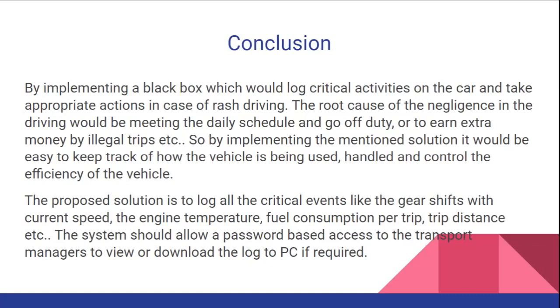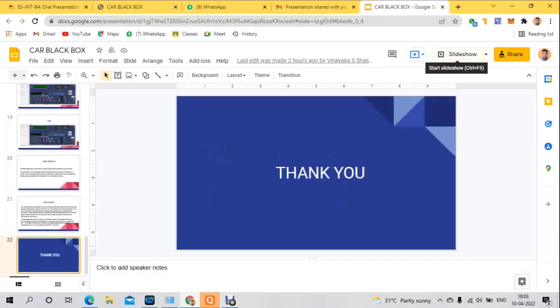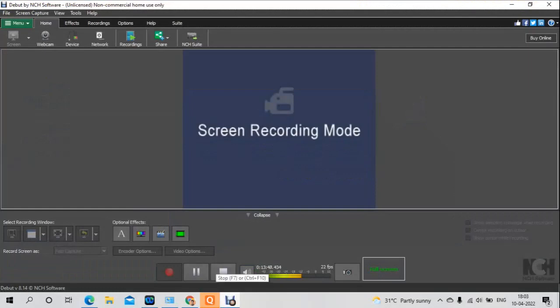Let's talk about the applications of this black box, that is the car black box specifically. The car black box can be installed in some automobiles to record various events. The events may be of accidents or rash driving, or any disastrous or dangerous events that can be harmful for the passenger as well as the driver. These events, which are electronically sensed, can often proactively detect any issue in the vehicle, maybe technical issues like engine fault, or monitor the fleet, that is the driver or passenger, thereby doing proactive